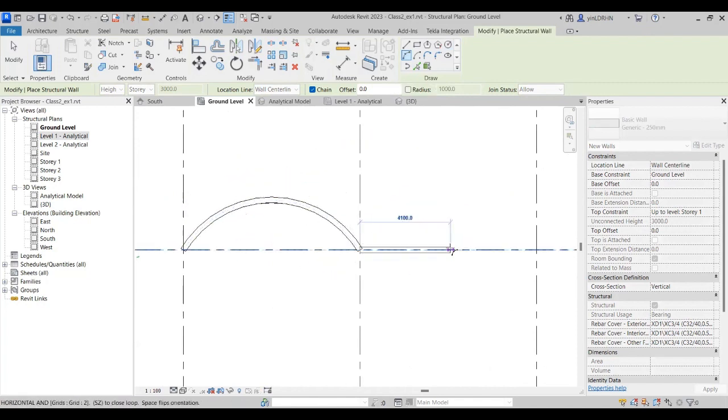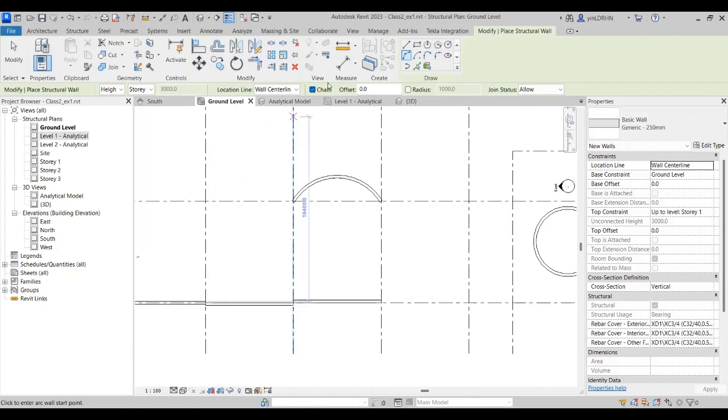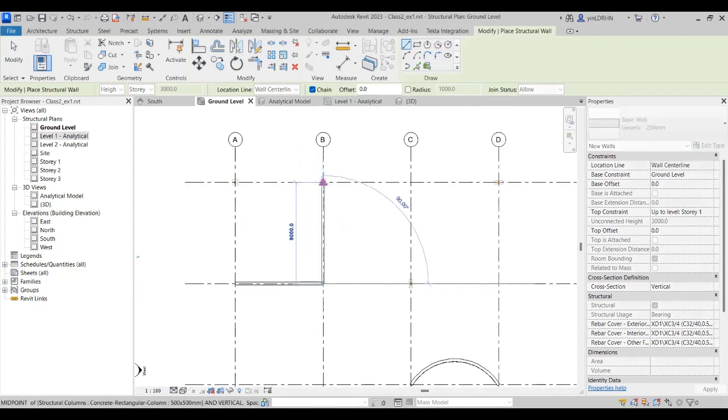Okay, it's like a dome. You can do it. Another one is chain. Chain means, let's say I had to draw the walls continuously. Let's say I'm going here, then going here, going here, then I stop like this. I can draw continuously,